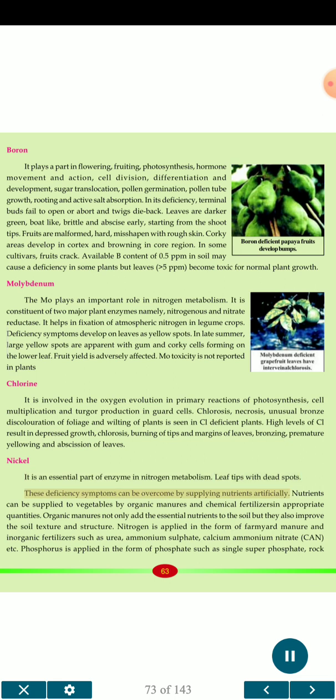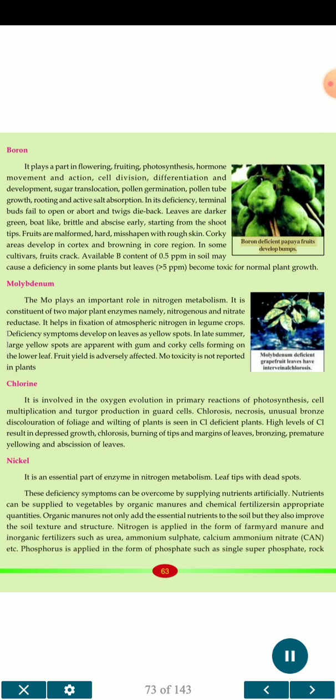These deficiency symptoms can be overcome by supplying nutrients artificially. Nutrients can be supplied to vegetables by organic manures and chemical fertilizers in appropriate quantities. Organic manures not only add the essential nutrients to the soil, but they also improve the soil texture and structure. Nitrogen is applied in the form of farmyard manure and inorganic fertilizers such as urea, ammonium sulfate, calcium ammonium nitrate, CAN, etc. Phosphorus is applied in the form of phosphate such as single superphosphate, rock